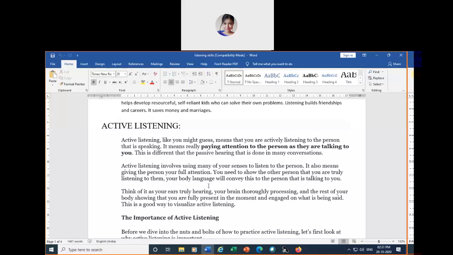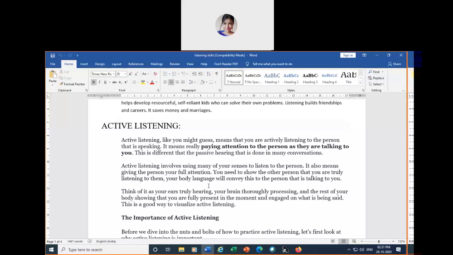So when you are listening to someone, you also need to take care of certain things. It doesn't mean that being the listener, you will lie down, or sit very comfortably, or lean back and not look at the speaker, or not maintain eye contact, or do some other things. No, being a listener, you too have to pay full attention to the person properly.